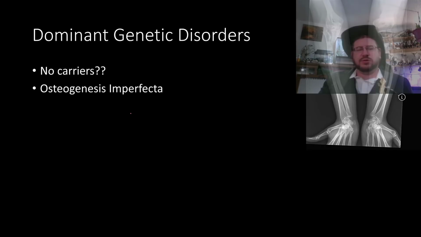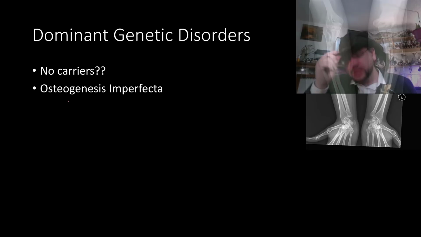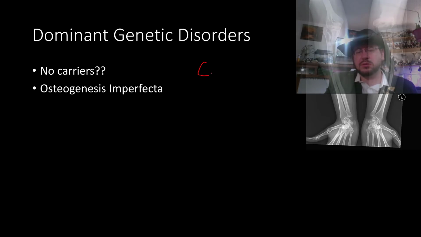One of your disorders is Osteogenesis Imperfecta. Osteogenesis Imperfecta is a disorder where one of the proteins that are very important in making up your bones, it's called collagen. We'll talk about it a bit later. But your collagen does not form correctly, right? And when your collagen doesn't form correctly, the bone doesn't form correctly. And that's very dangerous because collagen gives bones strength and flexibility,